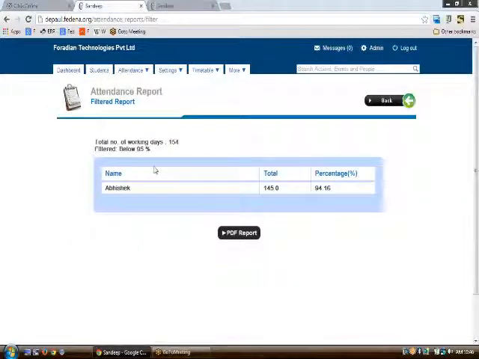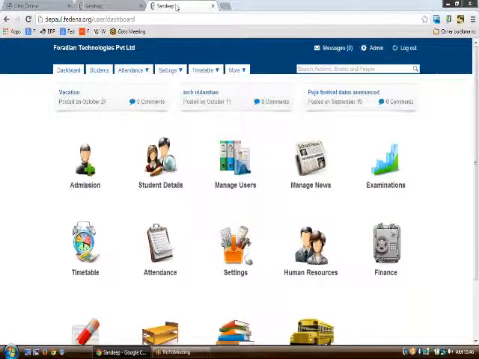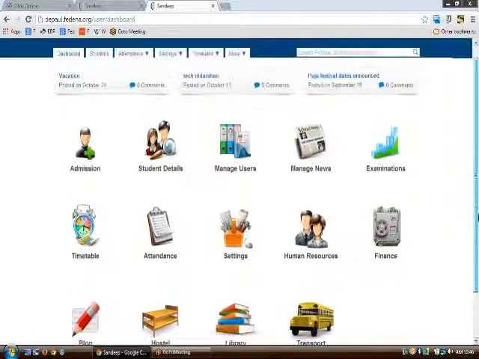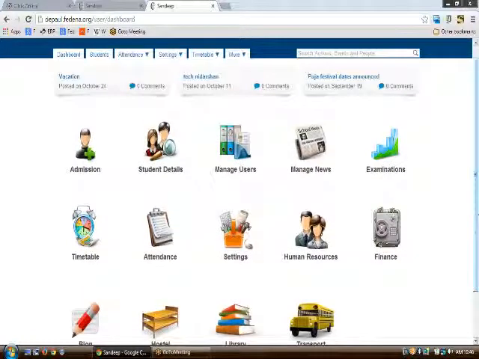As you can see in this particular data table, a student Abhishek with a percentage less than 95%, that's 94.16%, has been entered here. So this is how the attendance and the timetable are to be dealt with.